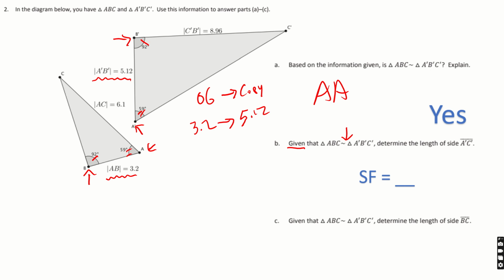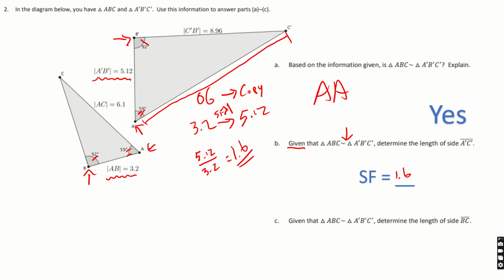If we look at this, we see that we're getting bigger going from the original to the copy. The copy is a larger copy. So that means my scale factor has to be a number that is greater than 1, because it gets bigger. So the way to do this would be to take 512 divided by 3.2. And when we get 512 divided by 3.2, we get a scale factor of 1.6. We can now use this 1.6 to go from, what is it? It says determine the side length of A prime, C prime. So we're looking for